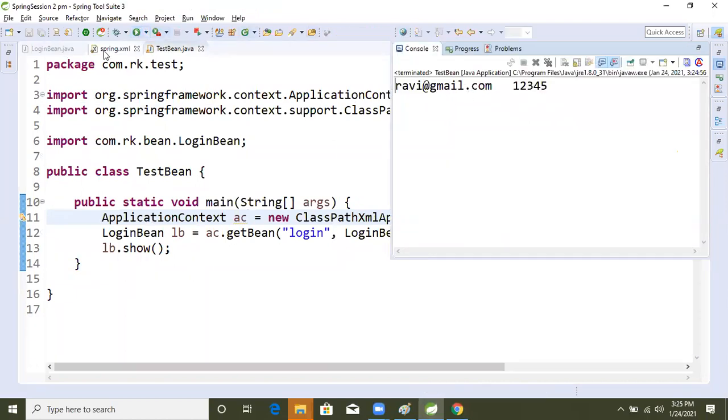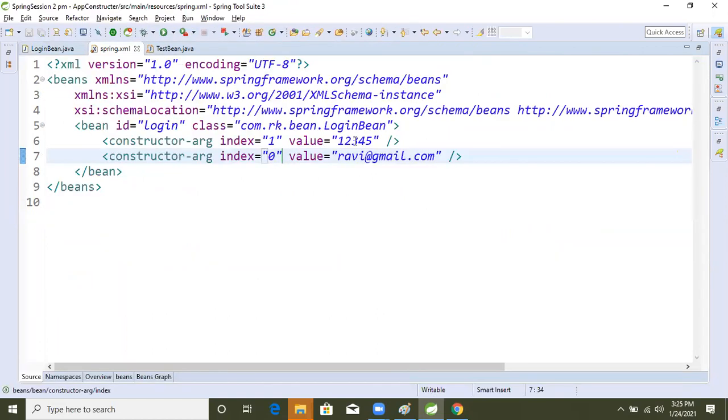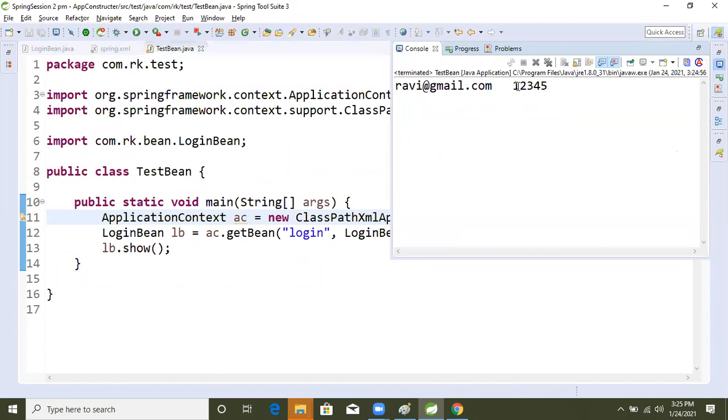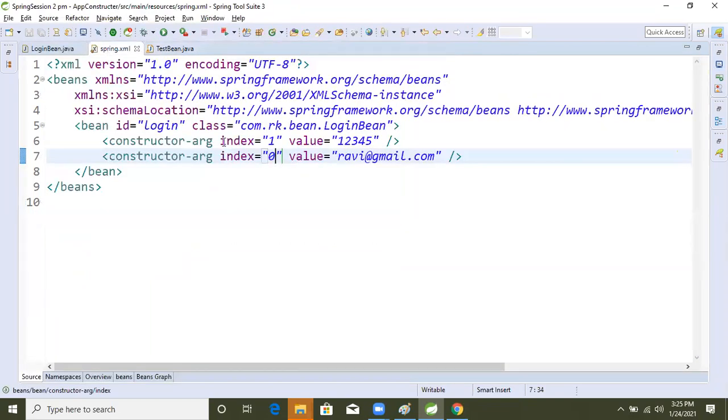In the XML configuration the password is first and the username second, but the container still injects the username first and then the password, because of these indexes.